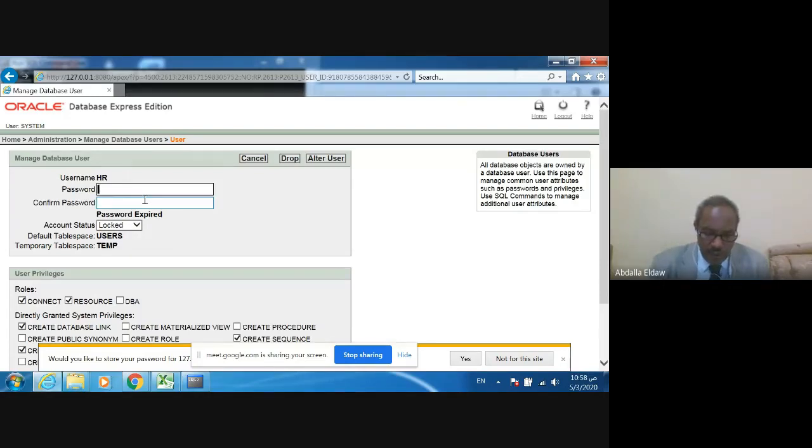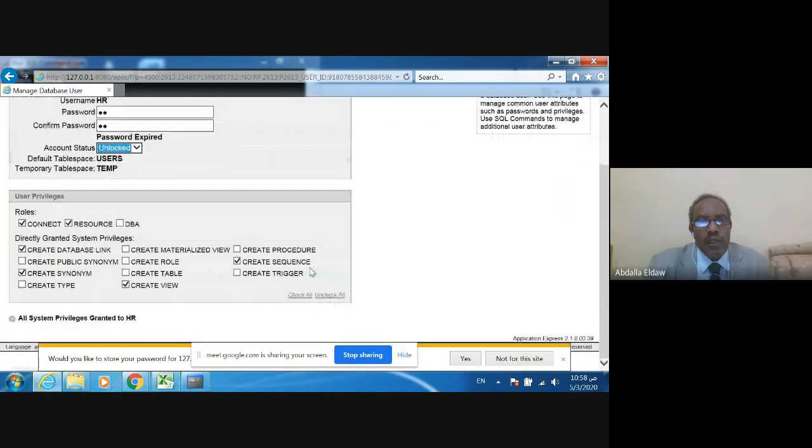If you want to change, you can change. HR, and click here, account status, convert from lock to unlock. And check all,